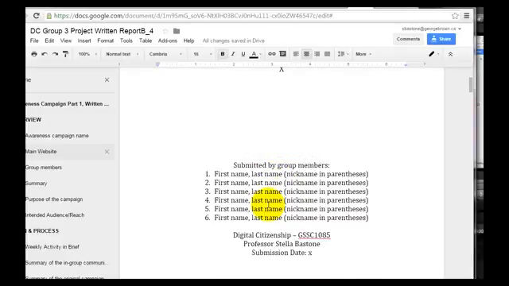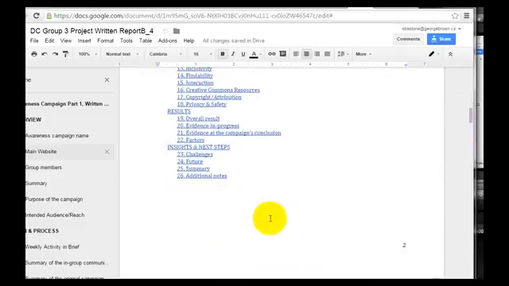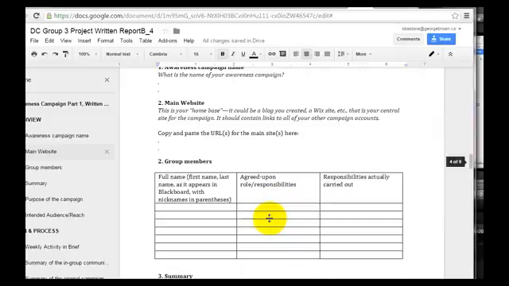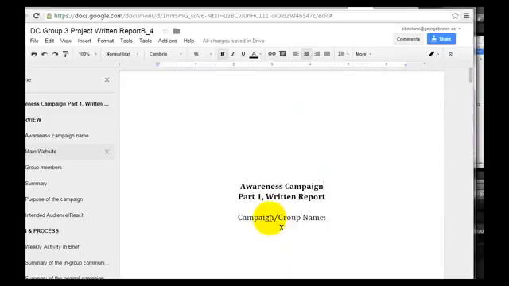Because you're only going to have view rights rather than edit rights, you're only going to be able to have a look at it unless you tell me that you are interested in doing some editing on it. So I asked you in that discussion forum, do you want to be able to make modifications to the document? And if you indicate yes, then you need to give me your Gmail account